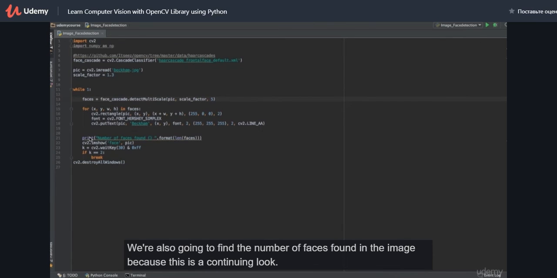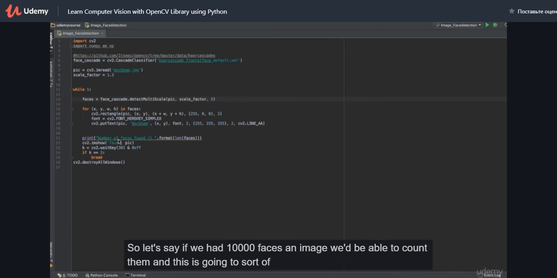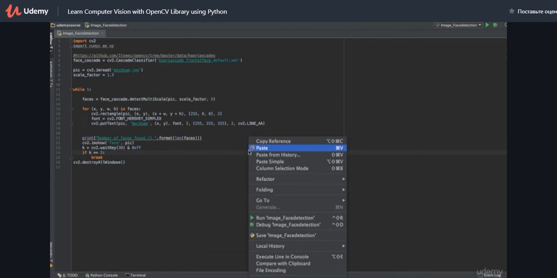We're also going to find the number of faces found in an image because this is a continuing loop. It's going to keep running, finding faces. So let's say if we had 10,000 faces in an image, we'll be able to count them. And this is going to show the image that we want to detect the face in. So let's go ahead and run our code